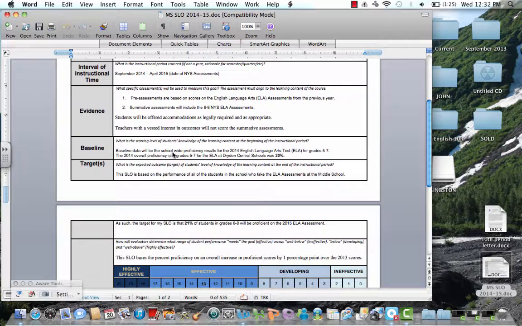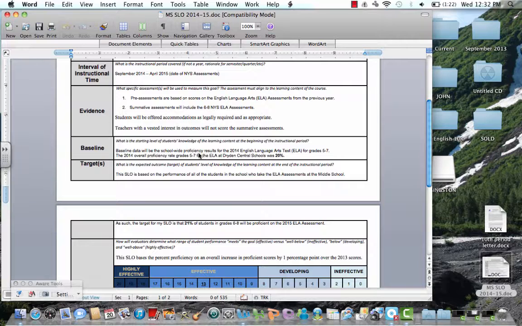Again, easy for us as we look at where they were, but instead of looking at individual grade levels, we're going to look at where they were for grades 5 through 7. In other words, a student that was in 5th grade last year will be in 6th grade this year. A student in 7th grade will be in 8th grade. So we can look at how they did cohort-wise for 5-7 overall and compare that to how they do 6-8. And it's the same group of kids, and see if we have made a difference in the middle school collectively